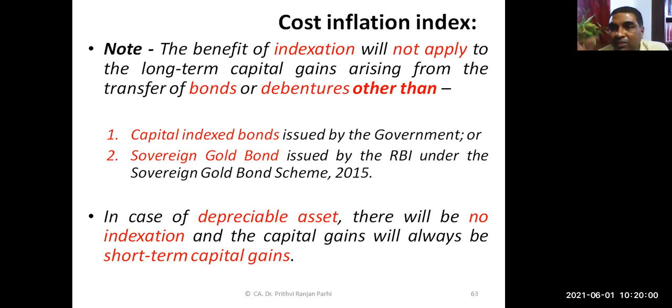Okay, and one more thing you have to keep in mind. In case of depreciable asset, there will not be any long-term capital gain. We have discussed this when we were studying the chapter on depreciation and tax planning. Okay, we have separate videos for that. You can go through that. Earlier, we have discussed extensively how to deal with depreciable asset. So, depreciable asset will always give us short-term capital gain. There cannot be any long-term capital gain or loss on account of depreciable asset. Okay, so depreciable assets are short-term assets. There will not be any indexation for depreciable assets. This point also you need to keep in your mind.